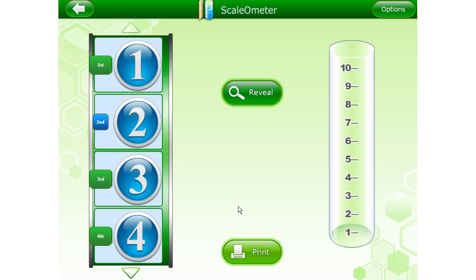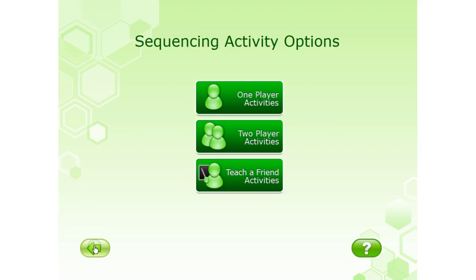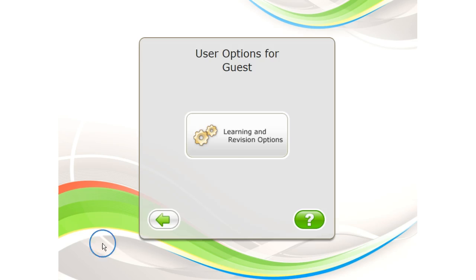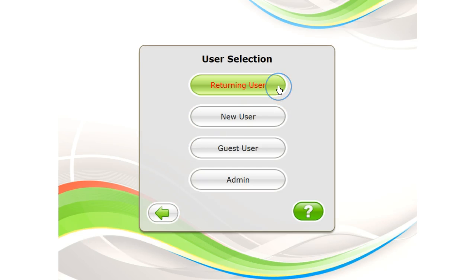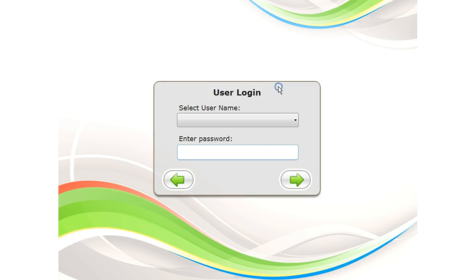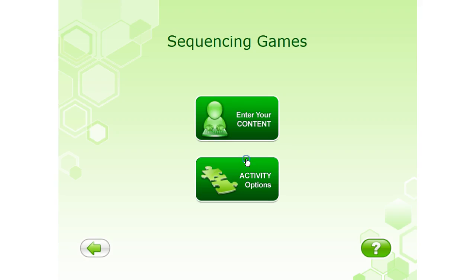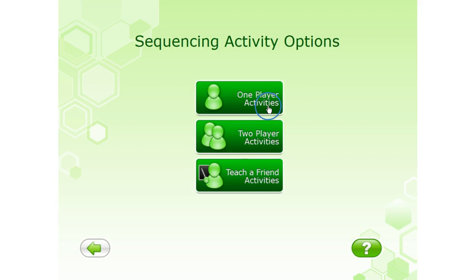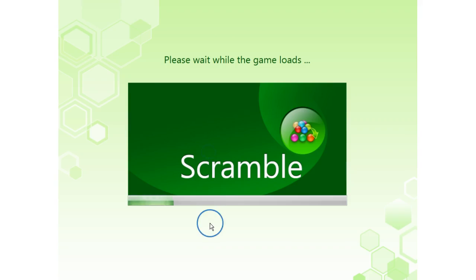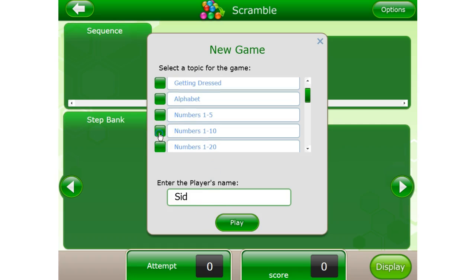We will now look at how you track the learner's progress in the 2 activities that can be used to track the progress for a returning user. So I need to enter as a returning user. The 2 activities that we can use are the one-player activities. Select the topic,